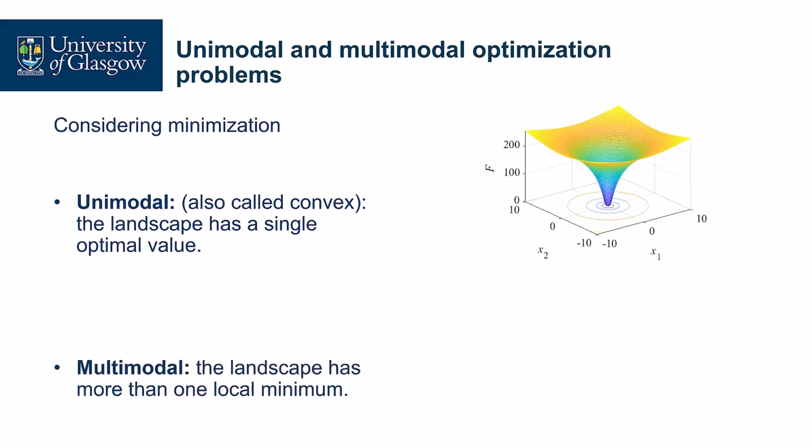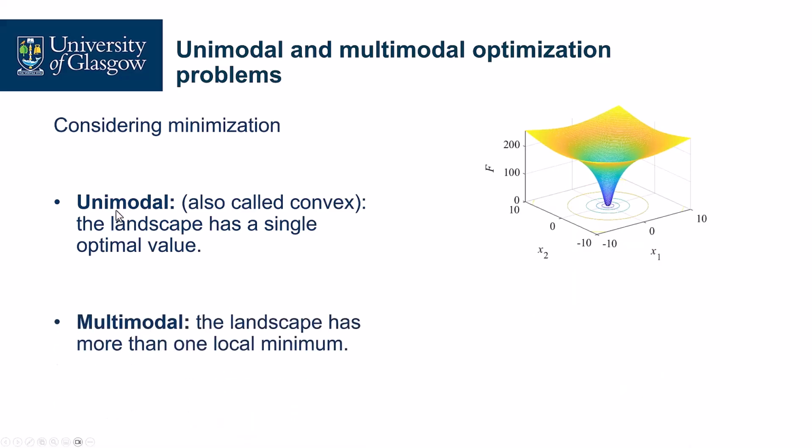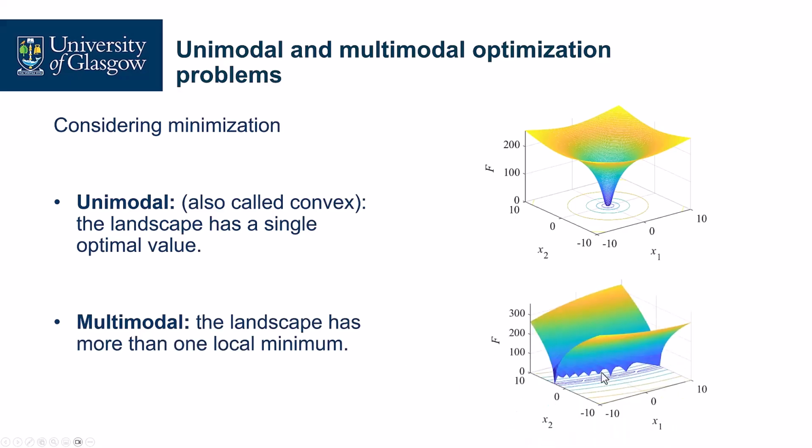In contrast, when we consider multimodal, the landscape has more than one local optimum. Let me show you an example here, right? If we consider minimization, we have quite a few local minima, but only one is global. So this is a unimodal and